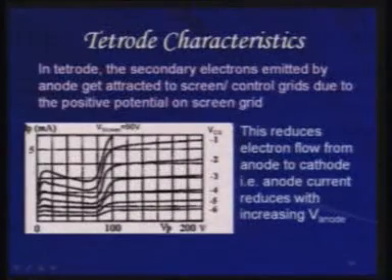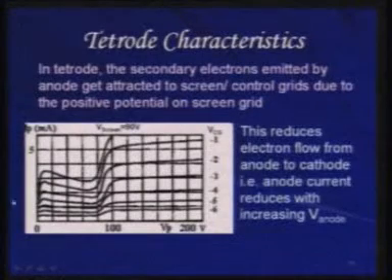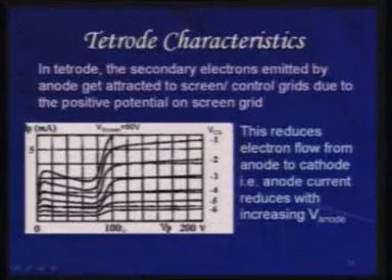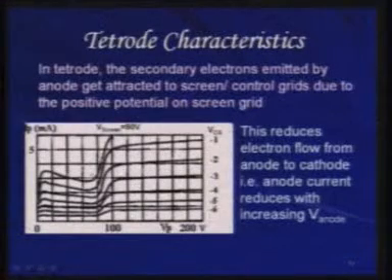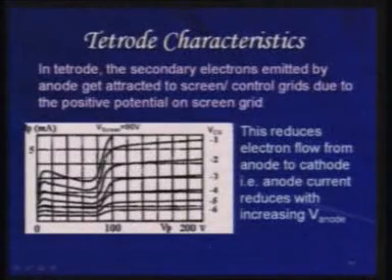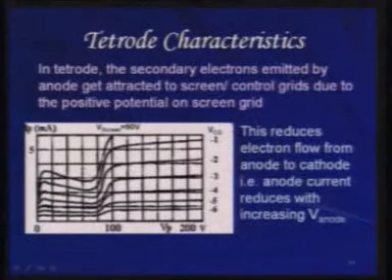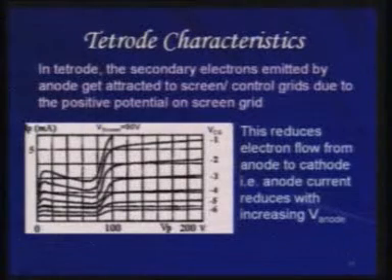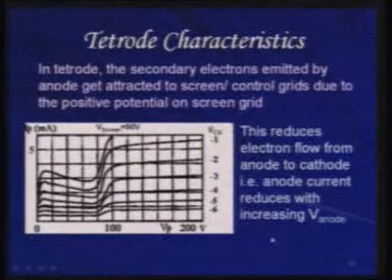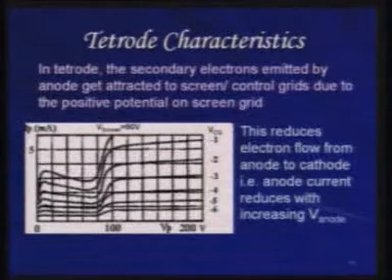And so if you see the curves, even if you increase the voltage on the anode, you start to get a dip in the current that you were seeing. That is because the secondary electrons were now eaten up by the screen grid. So we have effectively got what is called a negative resistance region here. Now how to take care of that?